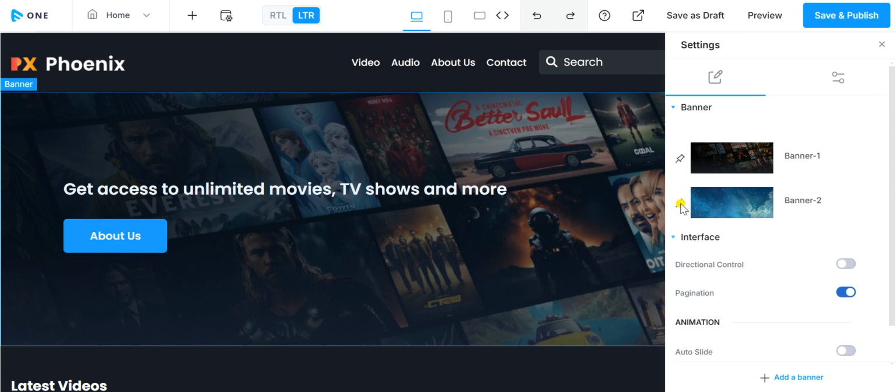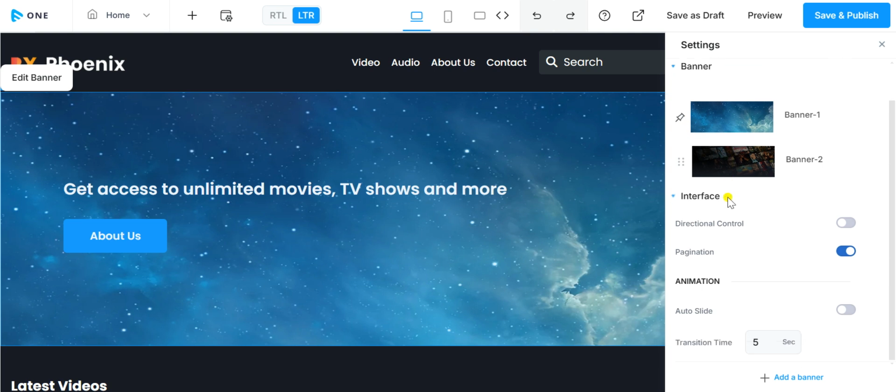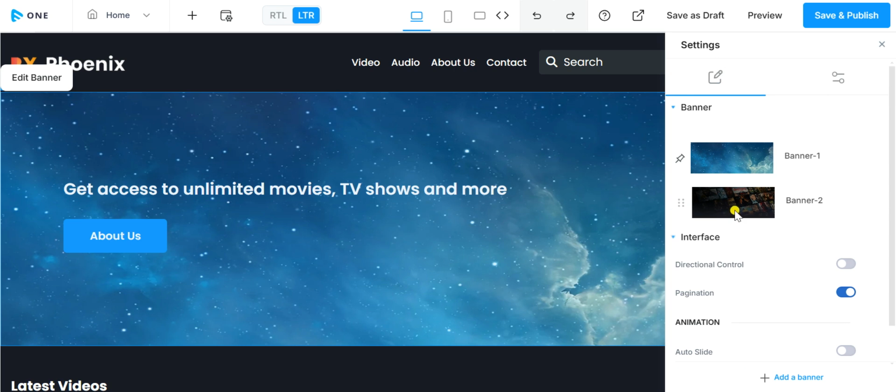So if you want to pin any particular banner on the website, you just need to click here and the banner will be pinned. That means when the end users visit your website, they will see this pinned banner first, and they can go to the next banner by clicking on the directional or the pagination option available. Now if you want to